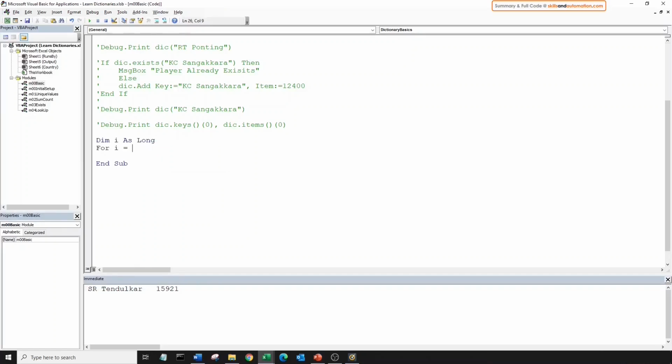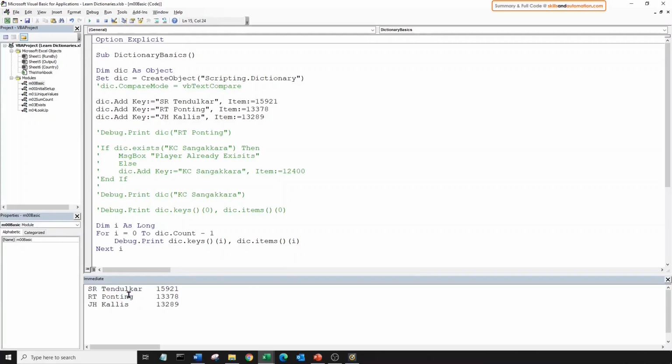So our loop will go from 0, which is the first index number, to the count of all the key item pairs in the dictionary, which is just .Count, and go minus 1. And we can just copy this and print out each key and item pair, changing this to I. Okay, let's run this. And we get a list of all the key item pairs in the dictionary. And that's pretty much all we need to know to start using dictionaries in our examples.